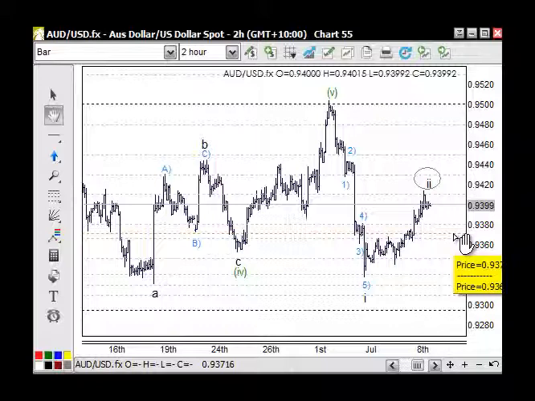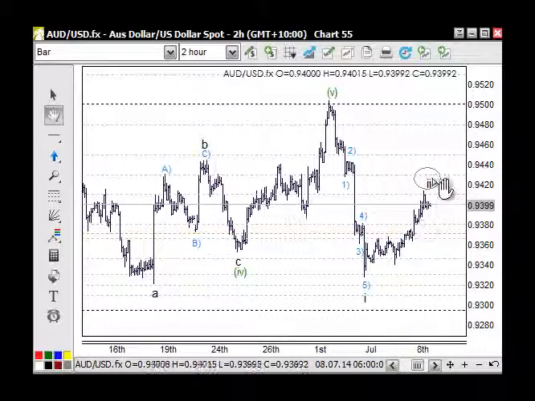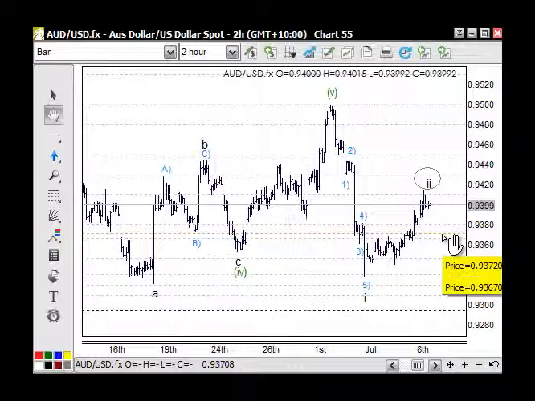A breach of that would give us overlapping wave structures with this move up through here, or taking out these tops here and probably this one here. Anyway, 93.72 as a retested resistance will give you the short trade. Don't short it above here, you could get trapped. In both cases, the euro and the Australian dollar, the indicators are still pointing to the upside, which brings me to